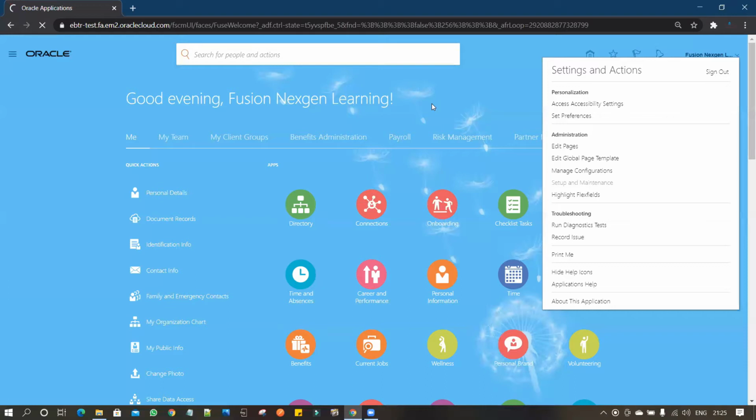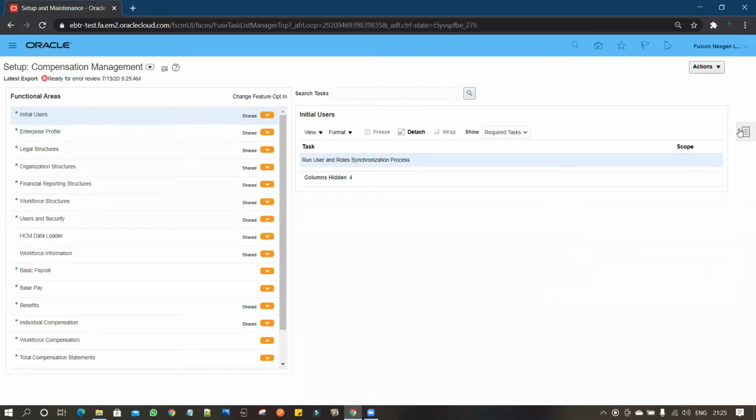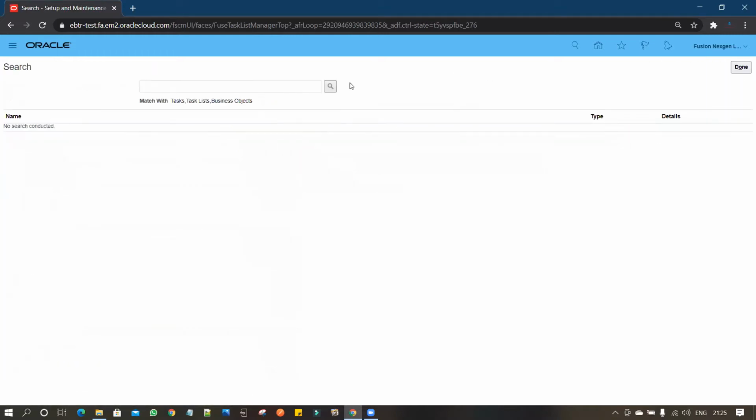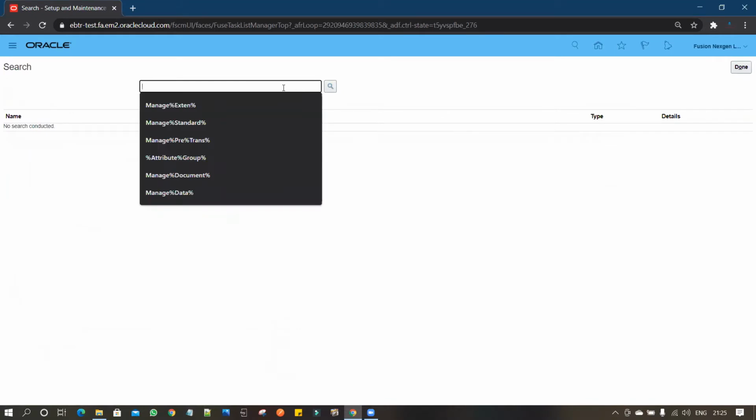To achieve that, I have to go to setup and maintenance, go to task, and under task we have to go to search. For this demo, I have already created the code for the extension, which I am going to share with you in the description below.